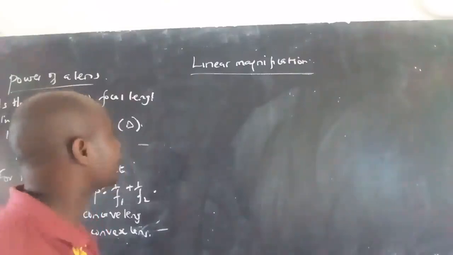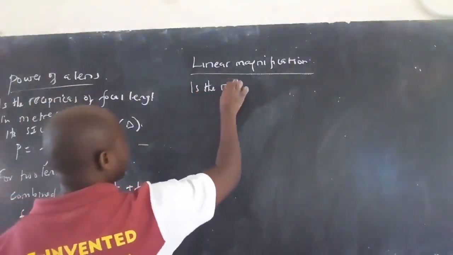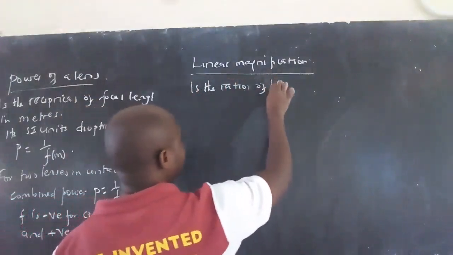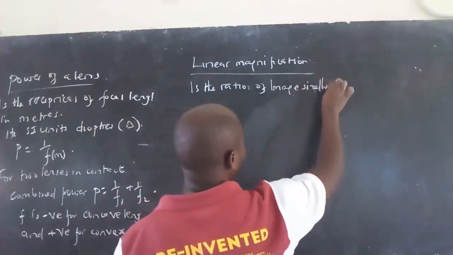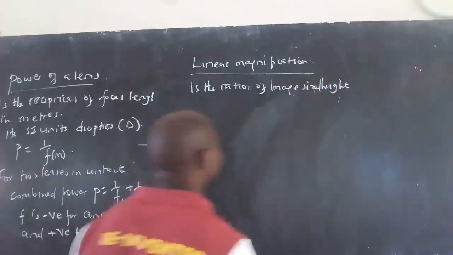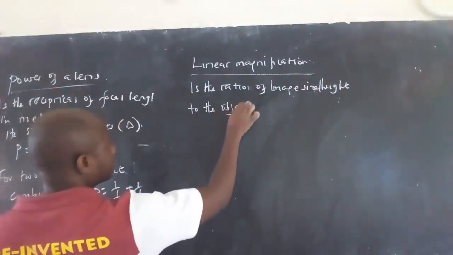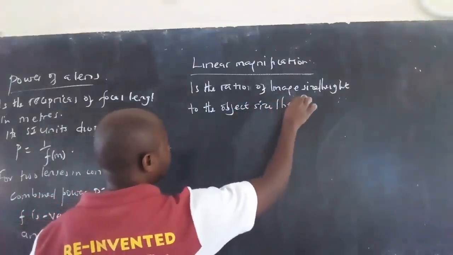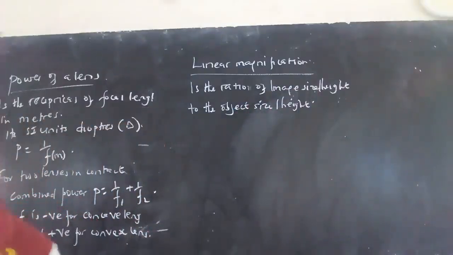We shall say by definition that linear magnification is the ratio of image size or height to the object size or height. Then from there